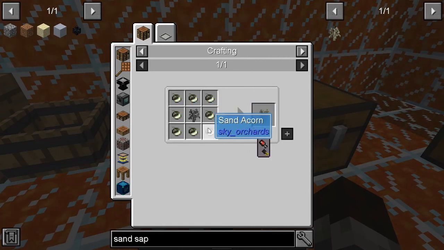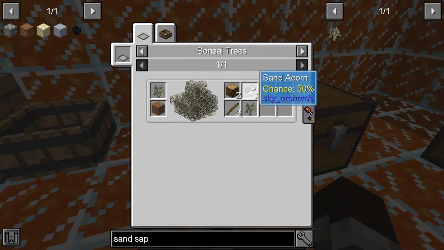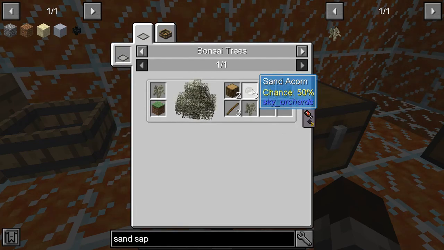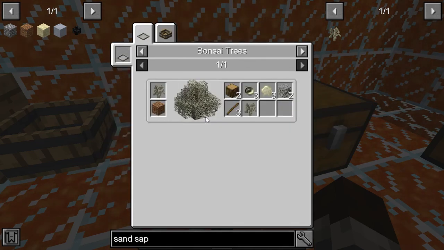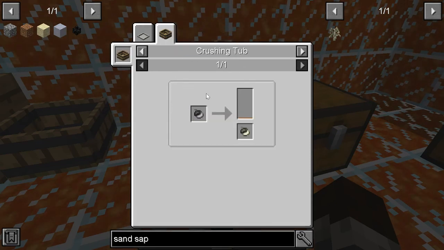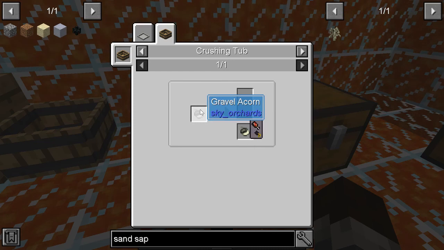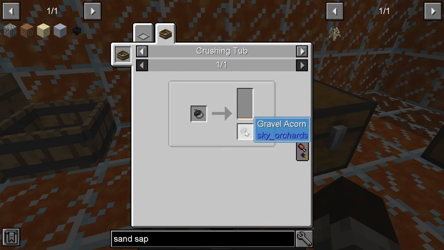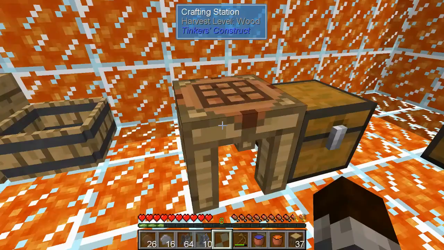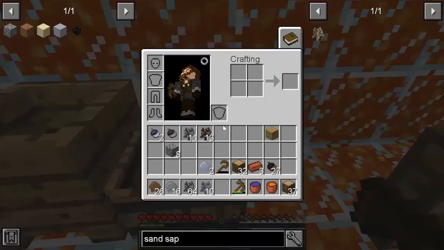Petrified, surrounded by sand acorns, right? Oops. Recipe uses? Recipe. There we go. Crushing tub. Put a gravel acorn in there, right? And you get your sap. Now, how do you get a gravel acorn, you might ask? Well, you put a petrified acorn. So we're going to skip the gravel tree for now. We're just going to get gravel acorns and then...